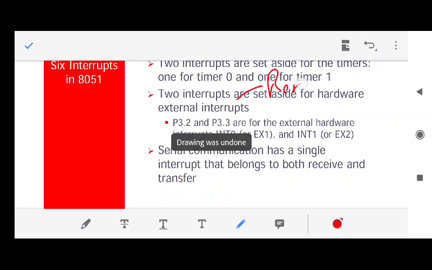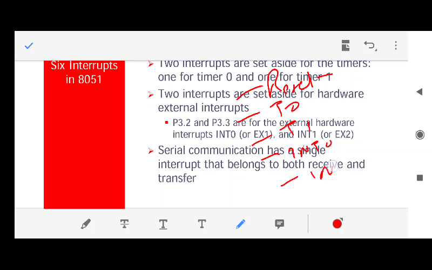One is reset, one is for timer 0, one is for timer 1, one is external interrupt 0, one is external interrupt 1, and the sixth one is the serial interrupt. Fine. So we have 6 interrupts, out of which 3 are internal interrupts: timer 0, timer 1, and the serial communication.